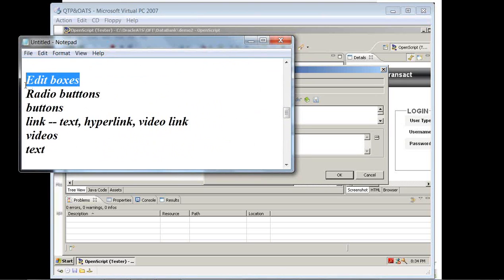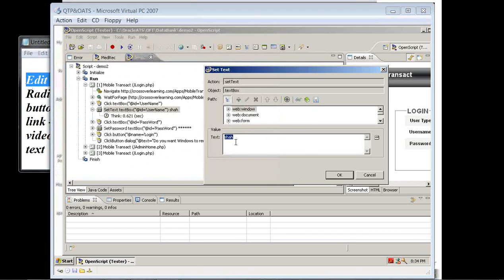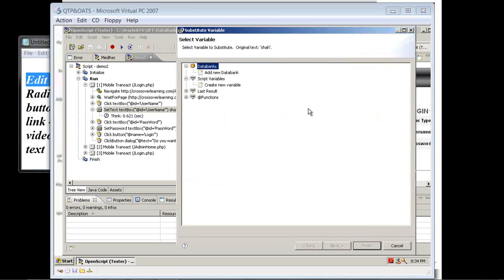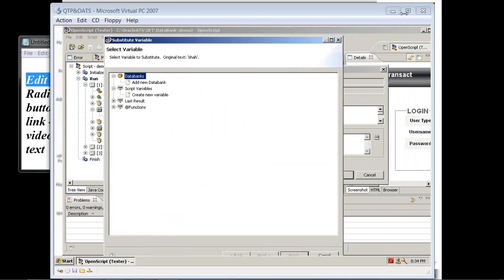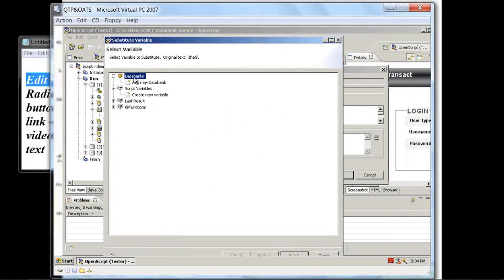An edit box or text box lets me enter a value. So this is the value, and how do I parameterize that? You can see here it is asking me to add a new data bank. Let us go and add a new data bank here.